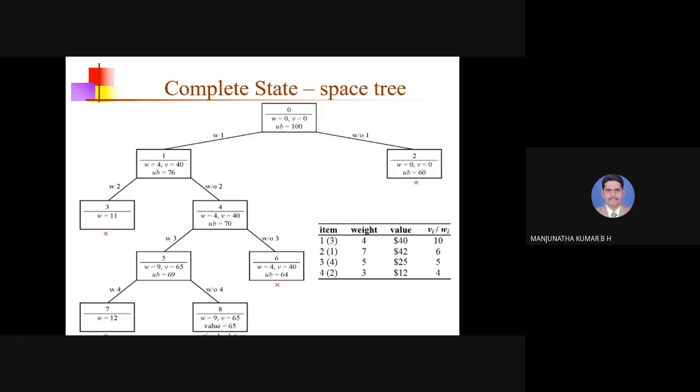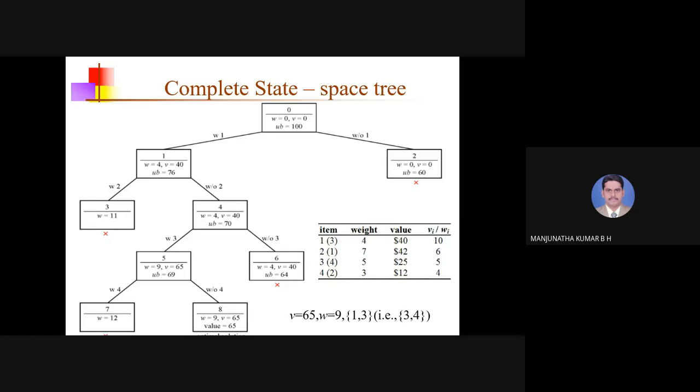For your reference, I have given the recent table again. See the final answer I have written. Profit, optimal solution is 65. Total weight placed in the knapsack is 9. And the solution vector is 1 comma 3, according to the recent table. According to the original table, item 1 means third item, item 3 means fourth item. That means with respect to the given original question, original item 3 and original item 4 are placed in the knapsack.